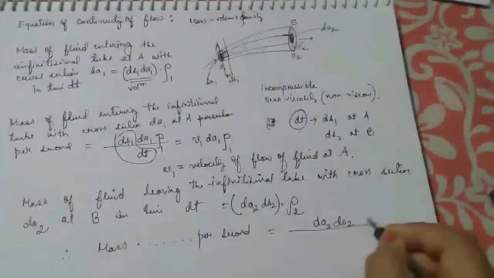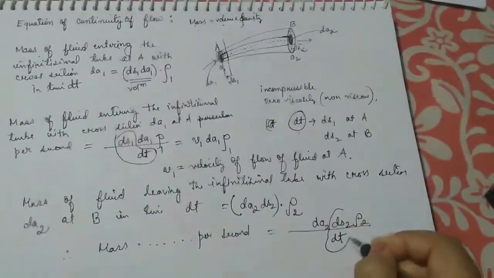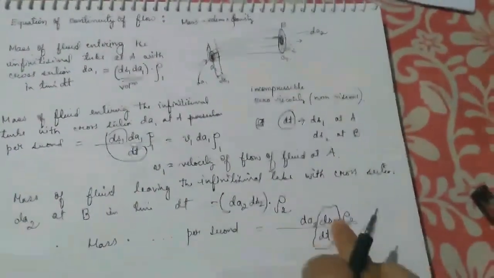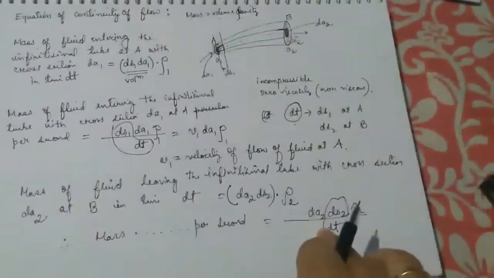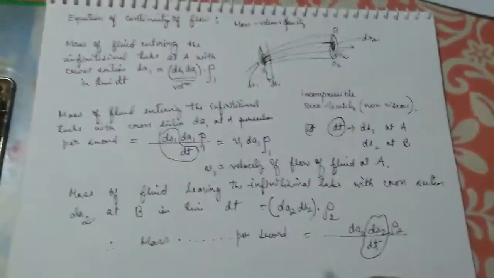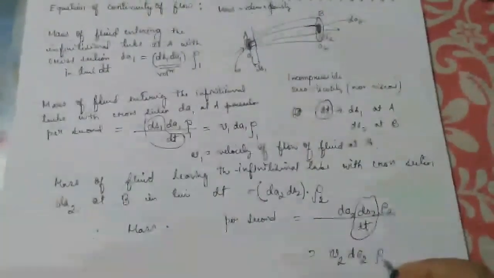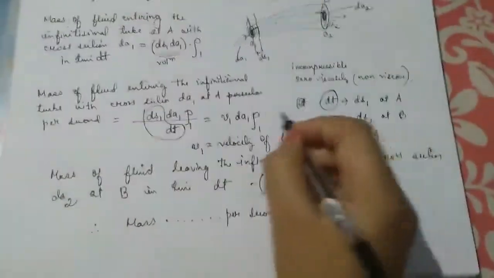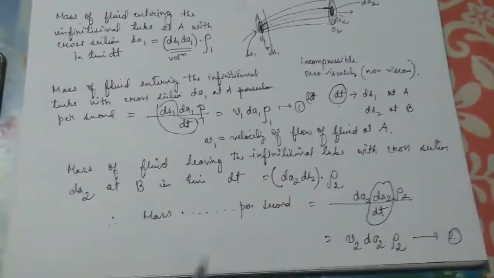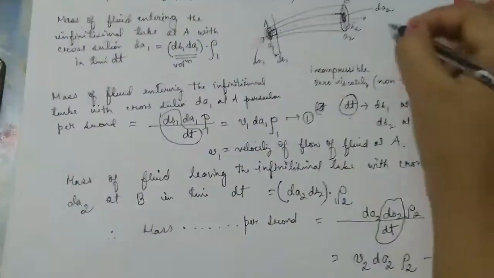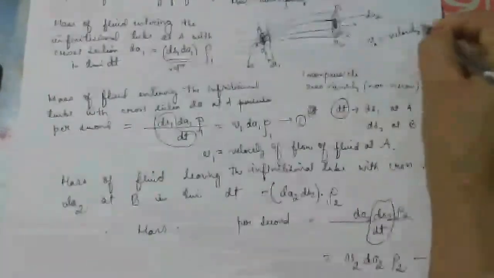dA2 ds2 rho 2 by dt. So ds by dt is nothing but what? Velocity. Distance divided by time is nothing but velocity. So this is the velocity of flow of the fluid at the point B. So I will name it as v2 dA2 rho 2. So let it be 1 and let it be 2, where v2 is the velocity of